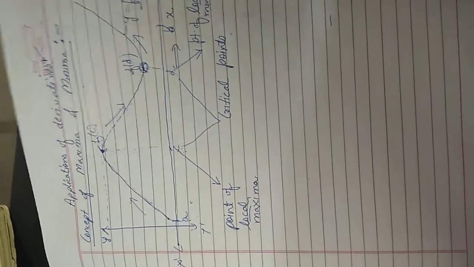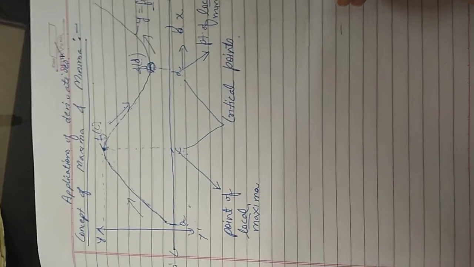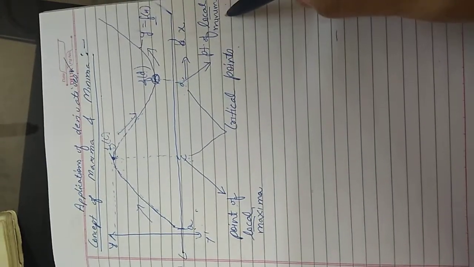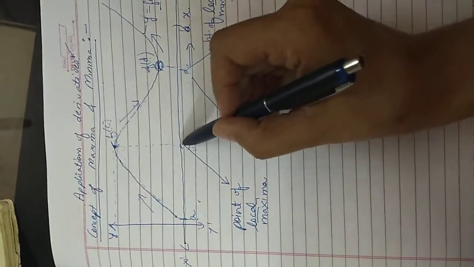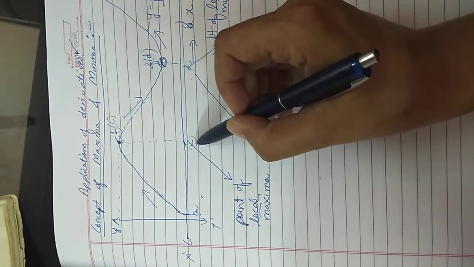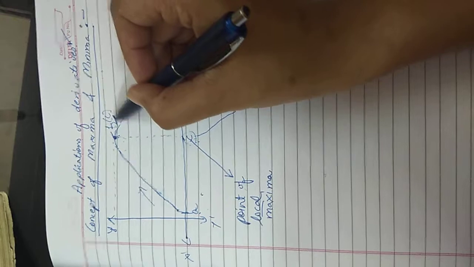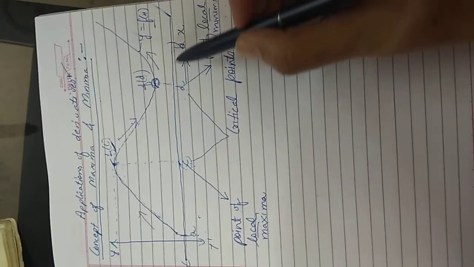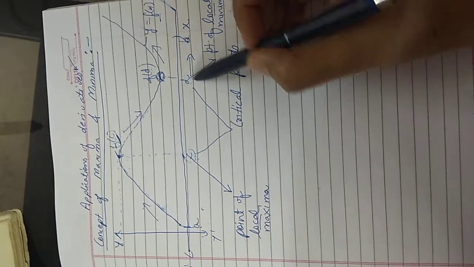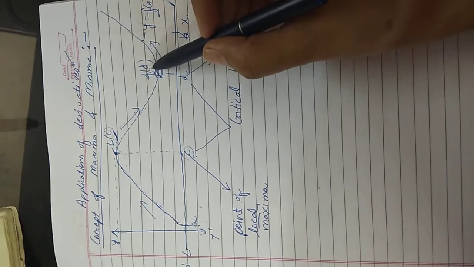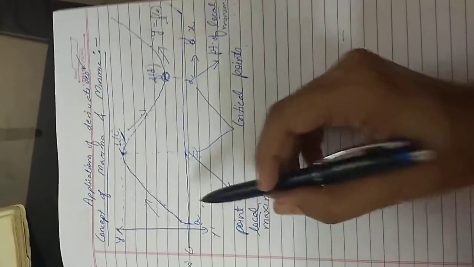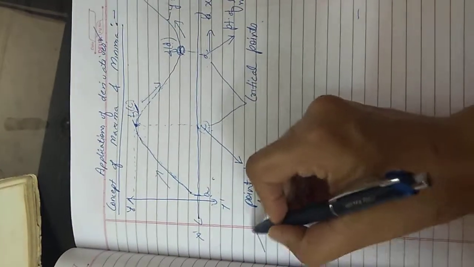So here once again we will use the derivative to find the point of local maxima and the point of local minima. The point where it is a local maximum, the corresponding value f of c will be called the local maximum value, right? And corresponding to this point d, whatever f of d we are getting, this will be called the local minimum value. Okay, so this is all about it with the help of the graph.